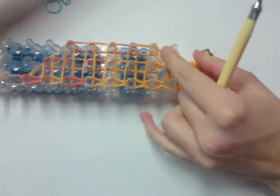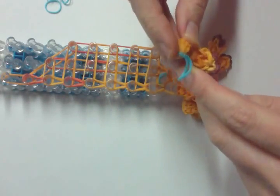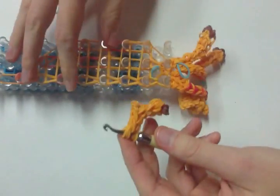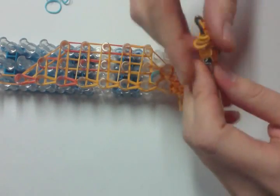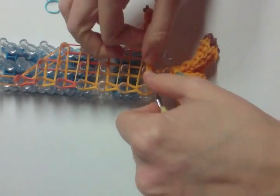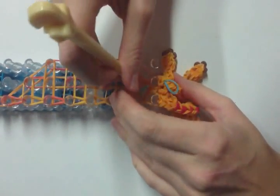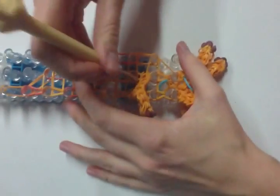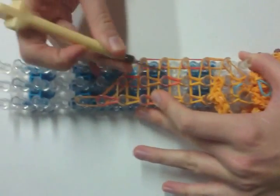Now you want to grab your other front leg. Remember, it's the one with the elbow. Go through the 6 loops and pull off the tying band. And you're going to attach it to this peg so that the loops are, so the elbow is facing up. Right? I'm going to turn it so that it's facing this direction. Once you've done that, you're going to loop up. Alright, then you can lift this if you want to. Alright, and we're going to loop up again, and again, and again to this peg